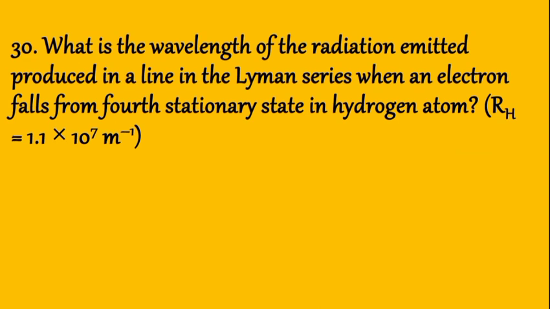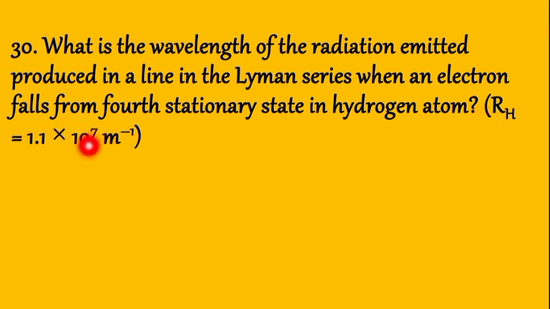Question 30: What is the wavelength of radiation emitted produced in a line in the Lyman series when an electron falls from the fourth stationary state in the hydrogen atom? ጥያቄው ኢነርጂውን ነው። With Rydberg constant ወይም wave number ተሰጥቷቸዋል። RH in terms of wave number 1.1 times 10 to the power of 7 ሜትር ኢንቨርስ ነው። This one is wave number or 1 over wavelength ማለት ነው።